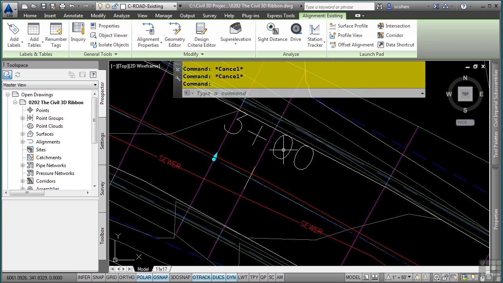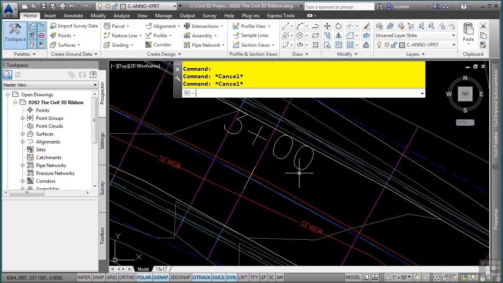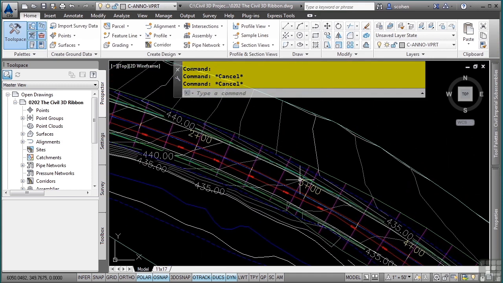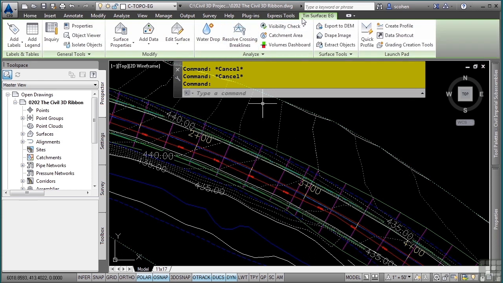Let's look at another example. I'm going to hit Escape to clear my selection set. I'm going to select this surface that's in my file. When I select the surface, it updates with the tin surface EG, which is the name of the